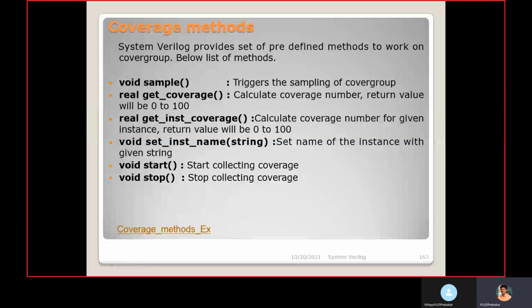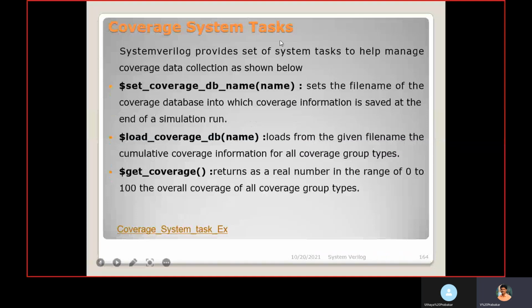Coverage system tasks. SystemVerilog provides a set of system tasks to help manage the coverage data collection, as shown like this. $set_coverage_db_name is the system task to set the name for the coverage database.